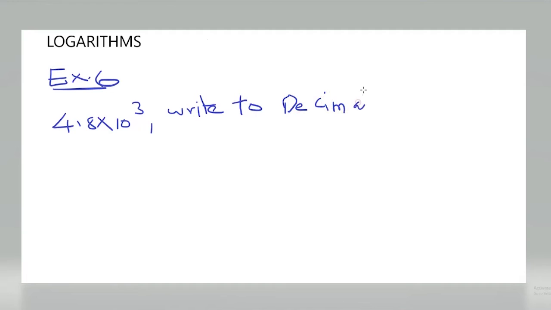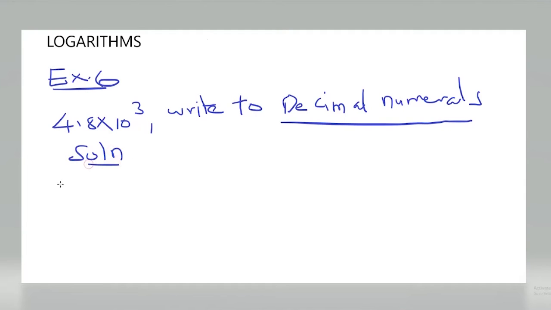Or you can also be told to find the value of this expression. So you can be told to write it into decimal numerals, or to find the solution of this one. Now, solution. Okay, 4.8 times 10 power 3, this one is equal to